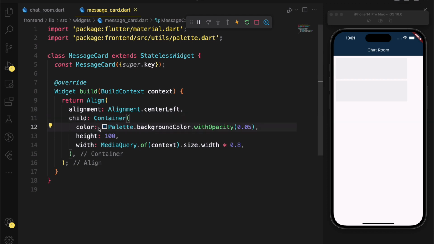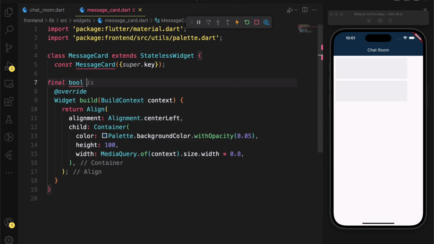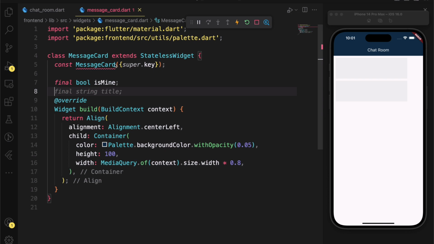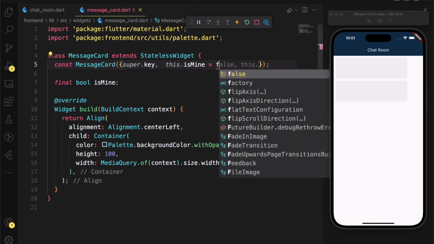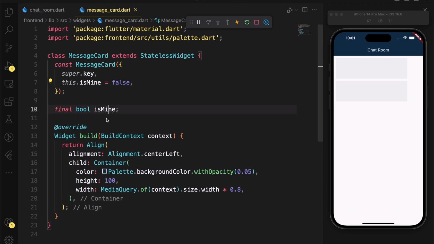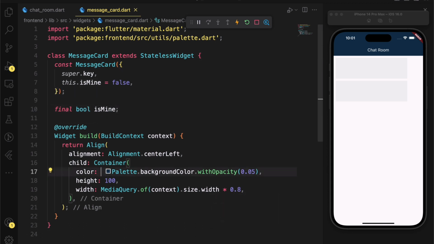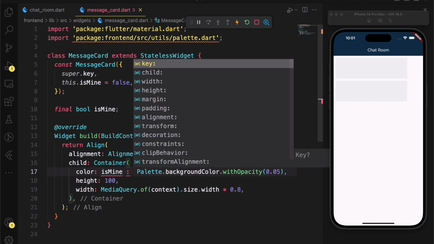Alright, here's what I'm going to do. I will create a new variable which is going to be a boolean called isMine, and basically this is going to be required. Nope. Instead, I'll make it false instead of required. Give it a default value. Now, this should help us determine what the color of the message should be.